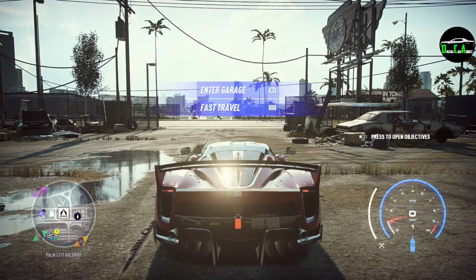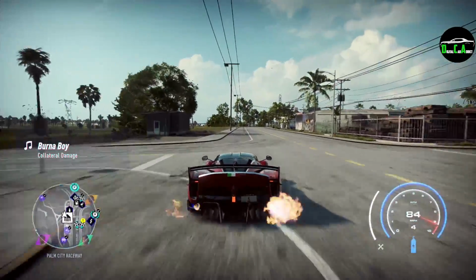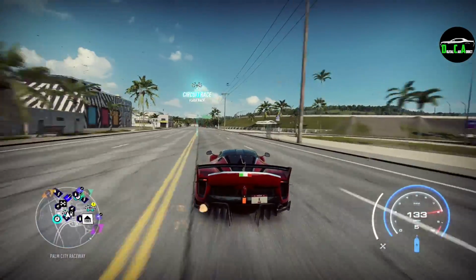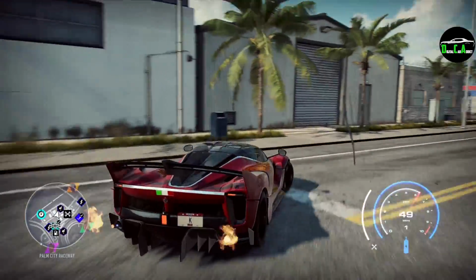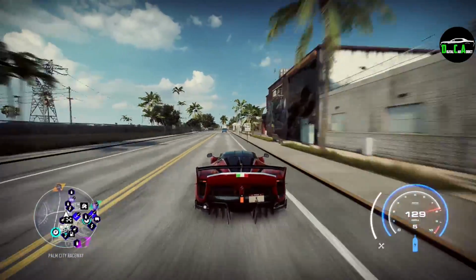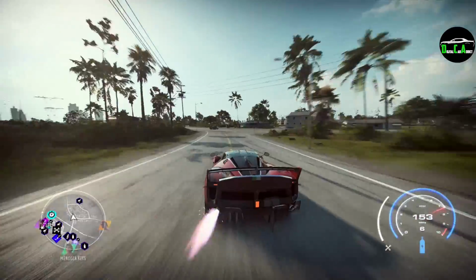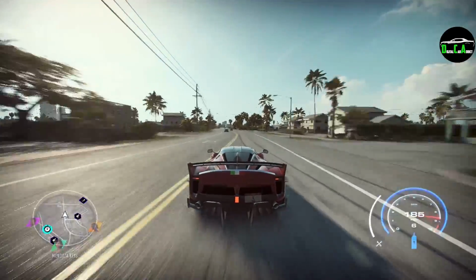Alright, let's see how this thing does. Lots of wheel spin. Very good acceleration. A lot of understeer in the handling. Acceleration's very good though. I mean, it shoots out of the corners. There's a lot of understeer though. I don't know why a lot of these track cars have a ridiculous amount of understeer. I get the downforce and all that, but I don't think these cars in real life have that much understeer. I don't know if it's just exaggerated in this game or...